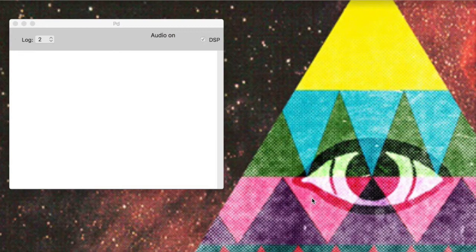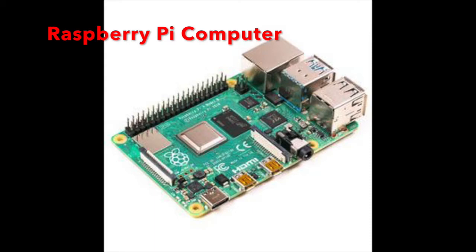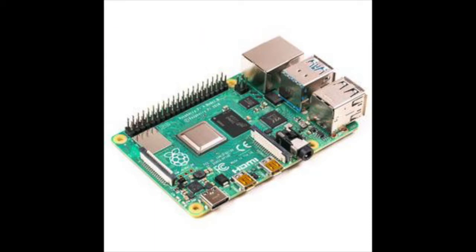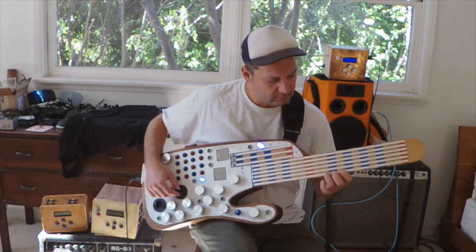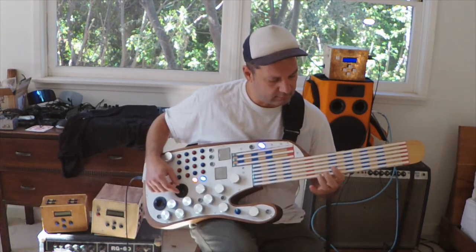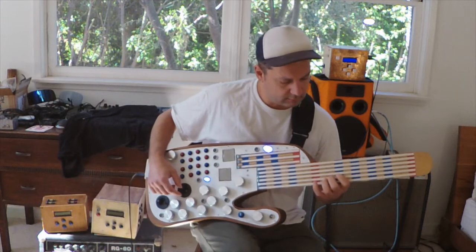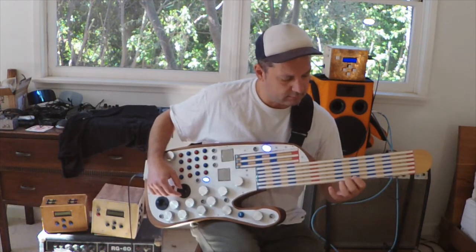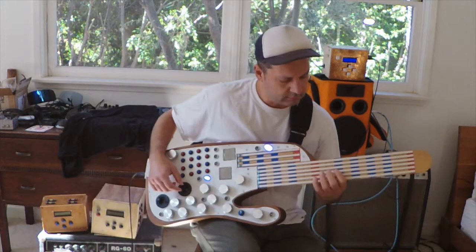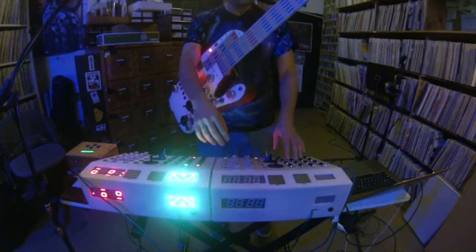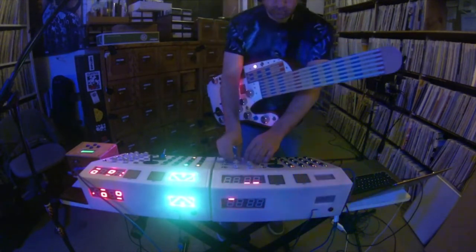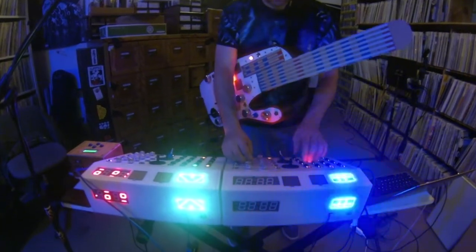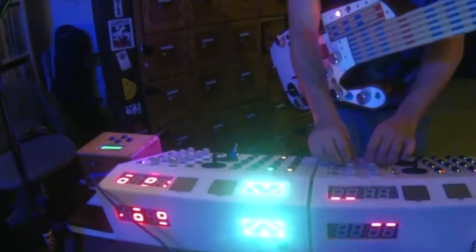I started getting into it because I wanted to make music on a Raspberry Pi, and here's a video of me creating music with pure data on a Raspberry Pi. And you can see my Raspberry Pi in a box sitting right there. Here's another video of me playing music with pure data on a Raspberry Pi. And here you can see the Raspberry Pi again in this little box that